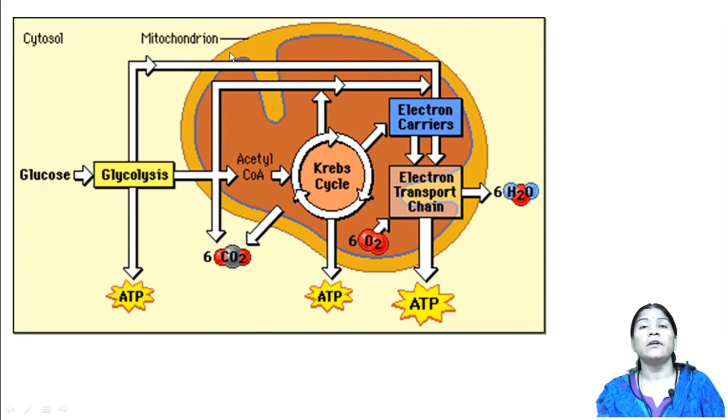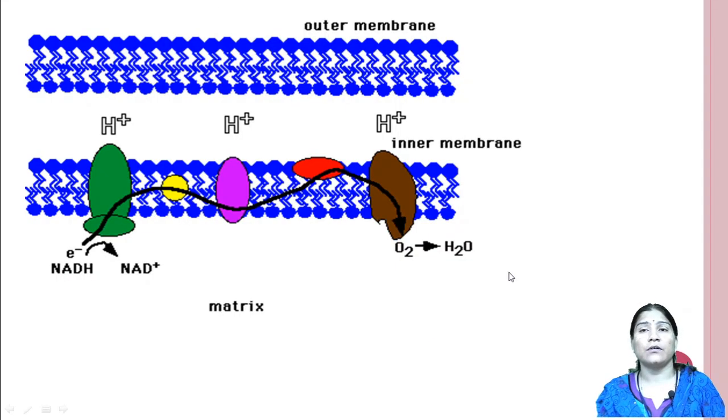So in this diagram, they are showing the mitochondria. They have different elements: the inner membrane, the outer membrane, and this one is the matrix. In the matrix the Krebs cycle occurs. There are also different enzymatic metabolic activities, forming or synthesizing ATP molecules. So mitochondria play an important role in aerobic respiration.